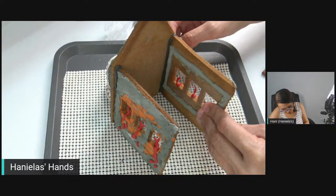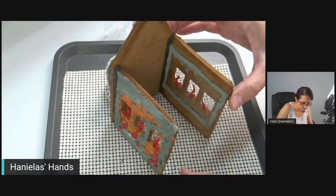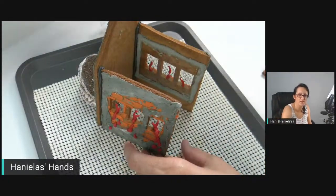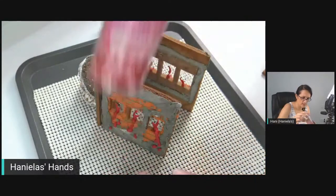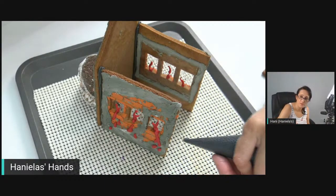And I'm going to finish the chimney. Now, if your panels are moving, if your icing is slightly thinner, you can always use, and this is what I like to use, small bottles with sprinkles, and you can put them from either side to support your panels. You can also use,